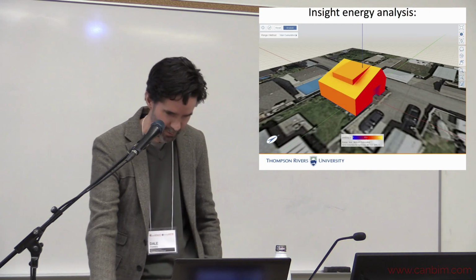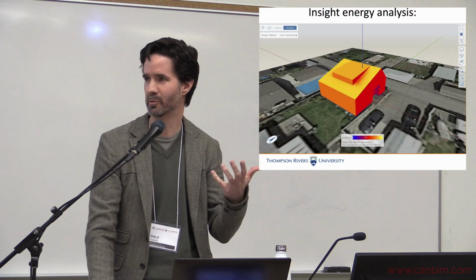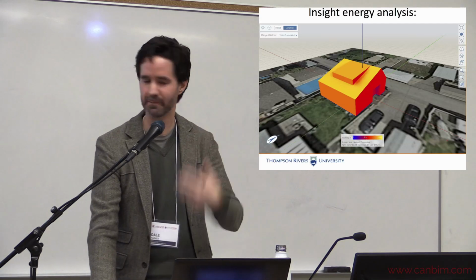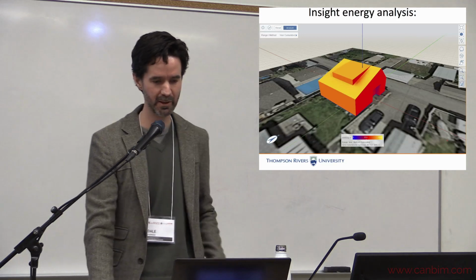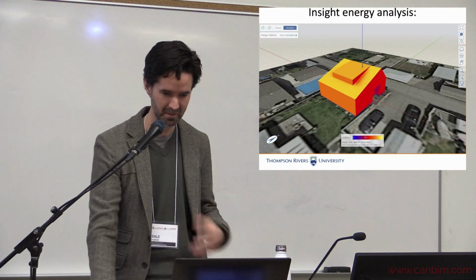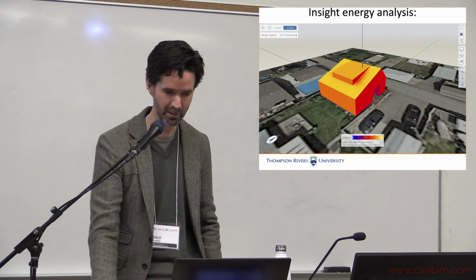Glazing type, it actually prefers double glazed low E to triple glazed low E. So initially you'd think, yeah, triple glaze is always going to be more energy efficient, but not on the south side in Kamloops, because we get a lot of sun usually, and it's still a heating dominated climate here, so it would actually save us energy to be able to get that solar radiation into the house. So yeah, really quick rules of thumb here,